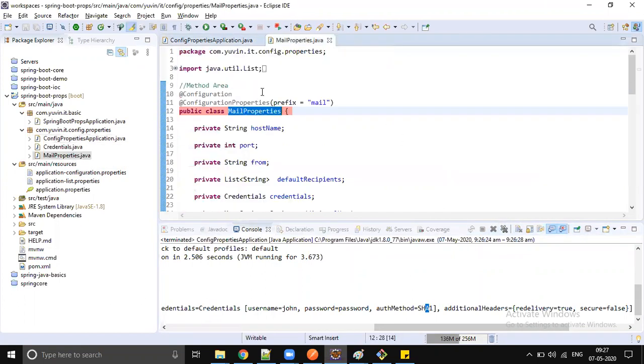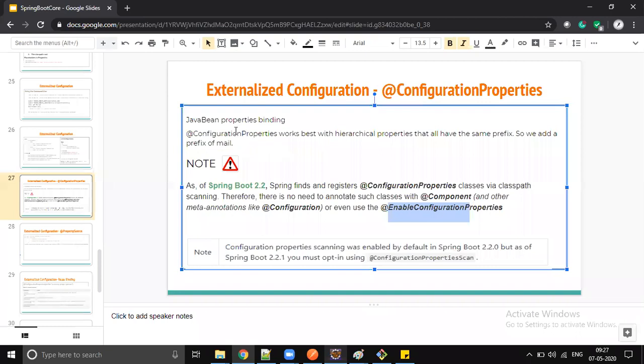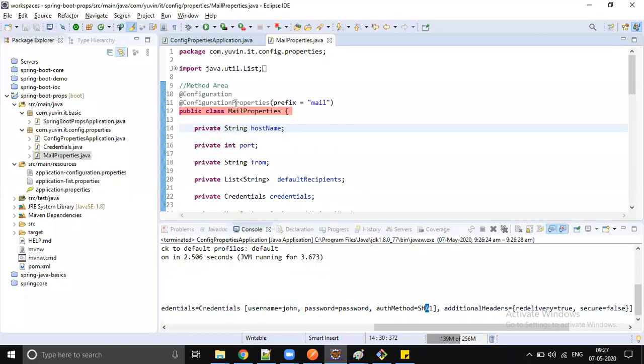So this is what we call Java properties binding in Spring, and it's pretty easy with @ConfigurationProperties. There are some conflicts, though. By default this @ConfigurationProperties won't work, but as per the latest configuration it's supposed to work, but somehow it's not.